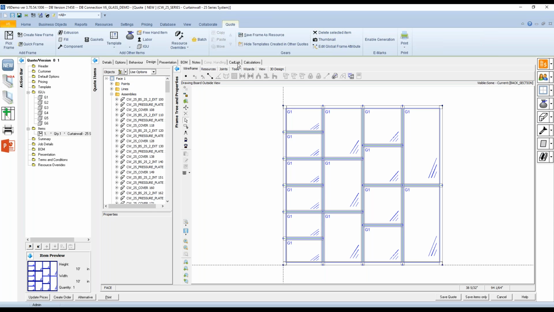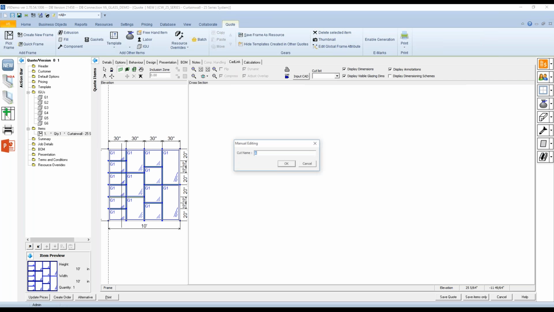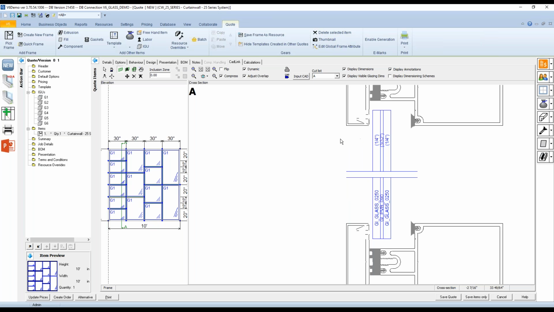Okay, we do the CAD link again. Click OK. And there you'll see, this is laminated glass. And what you'll see, you've got the 2 layers of glass, and inside, in the middle, you've got the actual interlayer, the PVB interlayer. And just to show you what that looks like in the glass configurator,